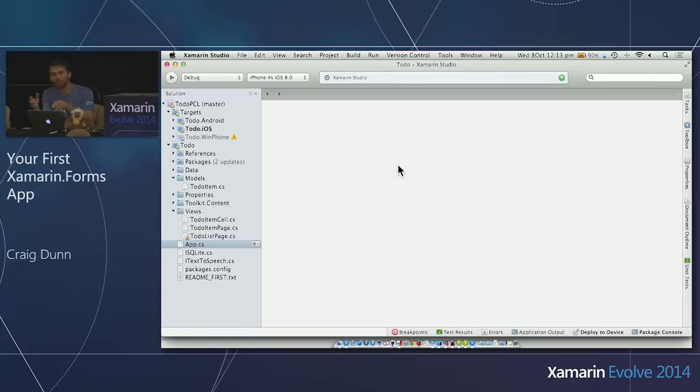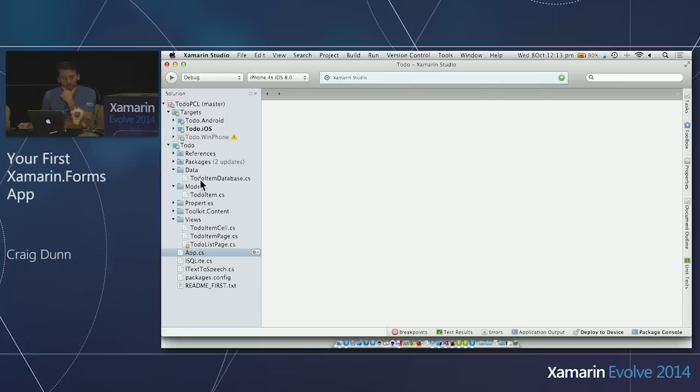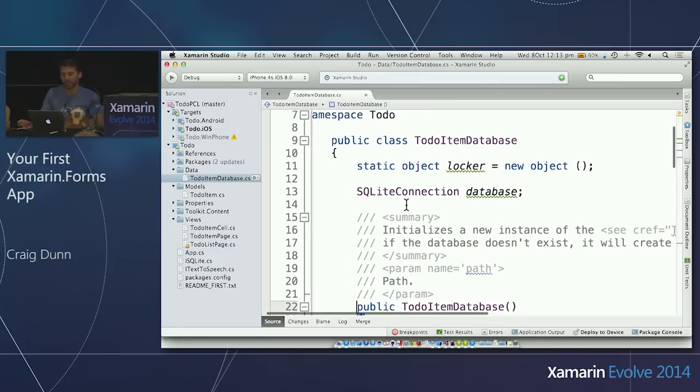Because as I mentioned, you can do that in Xamarin already. You can get SQLite running for iOS and for Android, no problem. And you can share the code that uses it. But how does that work with Xamarin.Forms? Because you can't put all the database setup in SQLite in the Xamarin.Forms shared project. So what we do is use the concept of coding to an interface. So if we look at the database class itself,